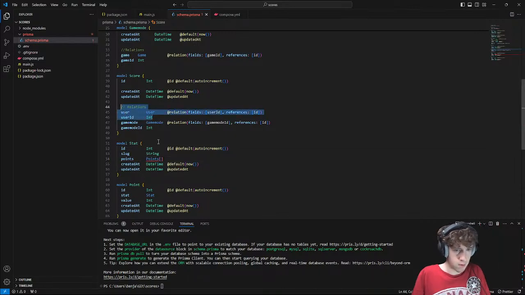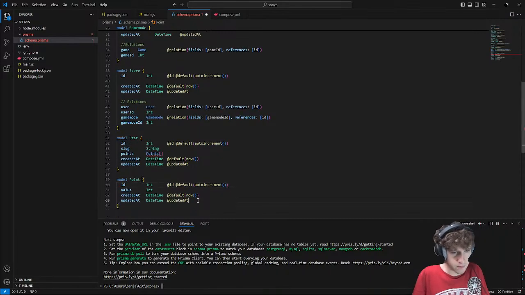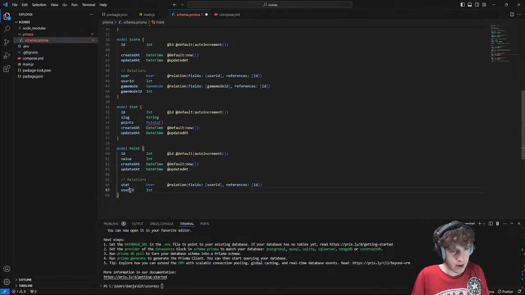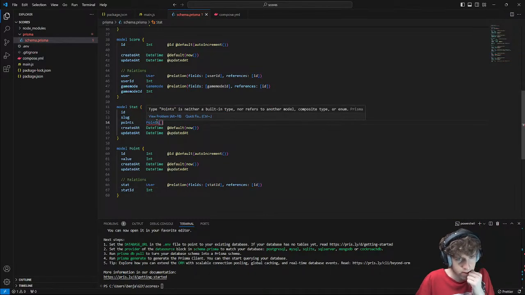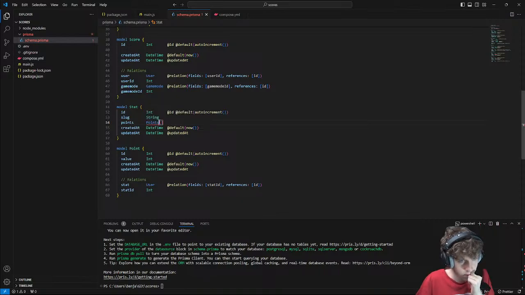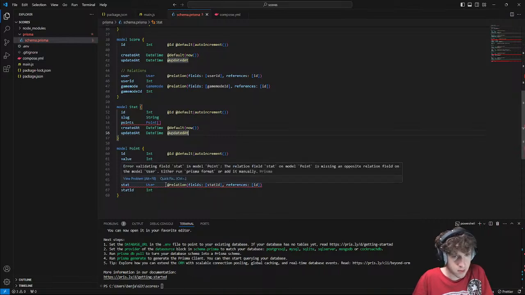I guess I'm gonna have to do this format down here. Stat ID. In stat... Oh, this is point array. Error validating field stat and model point.